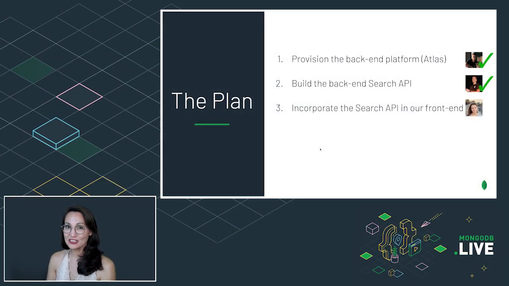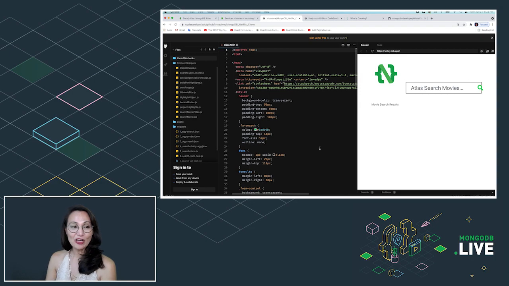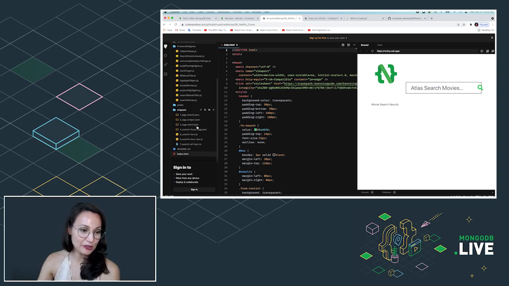Hi, everyone. And thank you, Brian, and thank you, Tom. Now I get to do the fun part, because everything they provisioned, downloaded, indexed, aggregated, and exposed by an API, I get to use that API from the front end and take that movie data and put it inside of our Netflix clone.